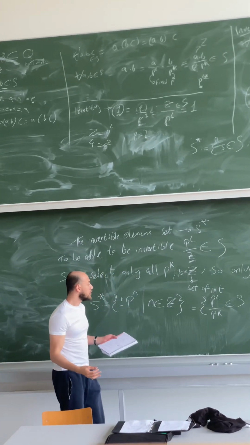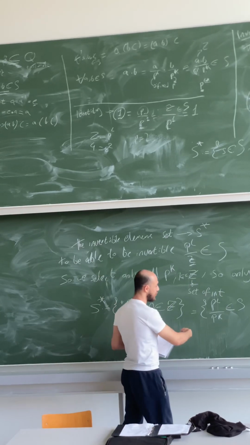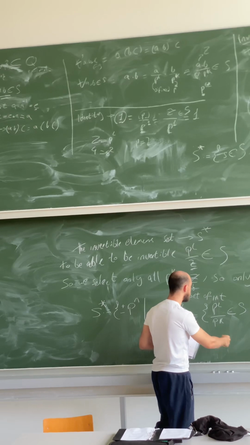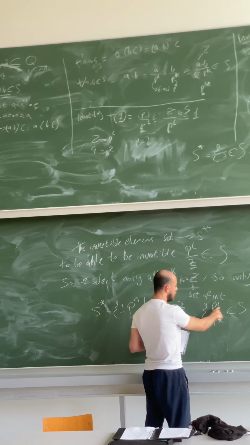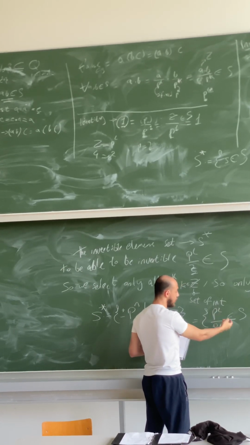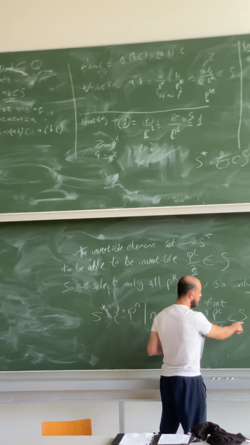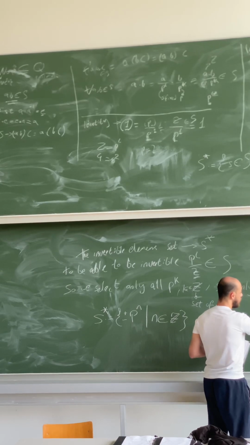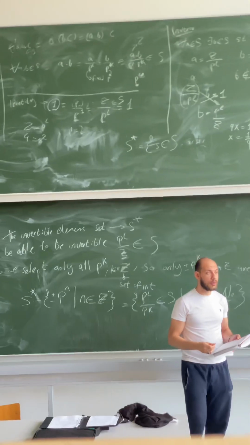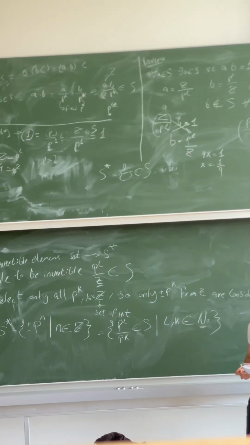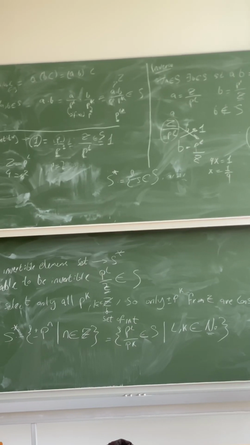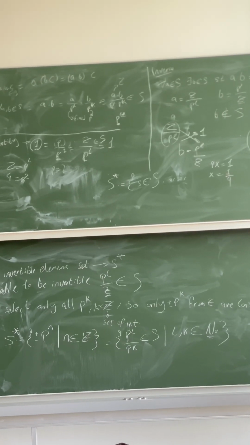Sorry for this confusion, but my final representation for the solution should be a prime number to the power of L divided by a prime number to the power of k, and this should belong to S, where L and k belong to N0, and this should satisfy the S. Yes, right. Can I say something? With only plus minus, I think only plus is sufficient because we cannot generate a negative, or we can generate, we can use